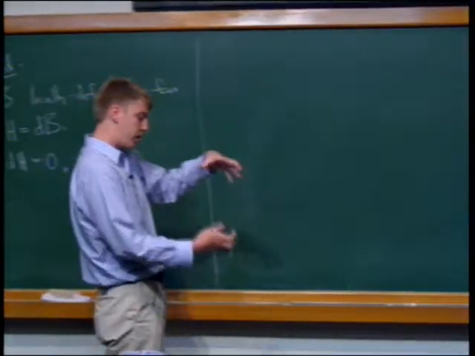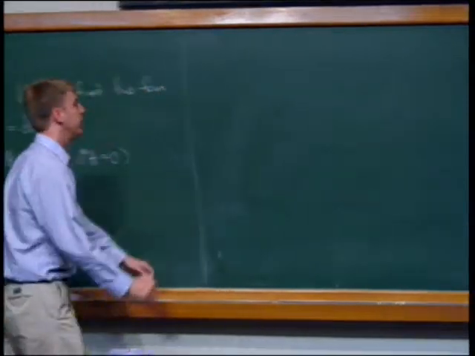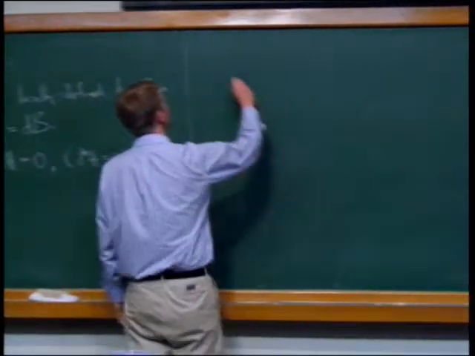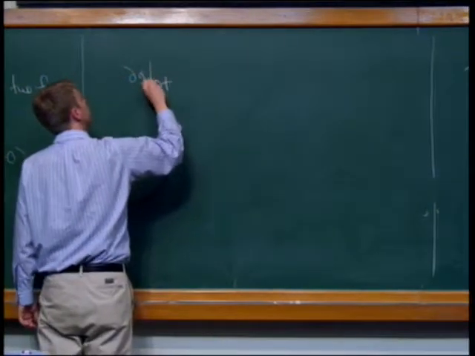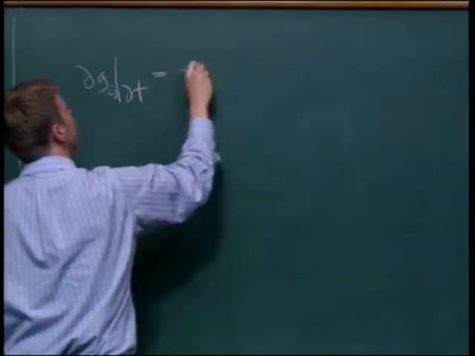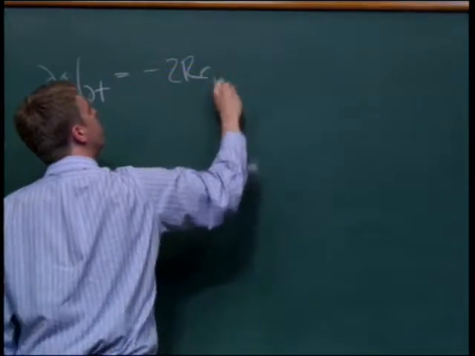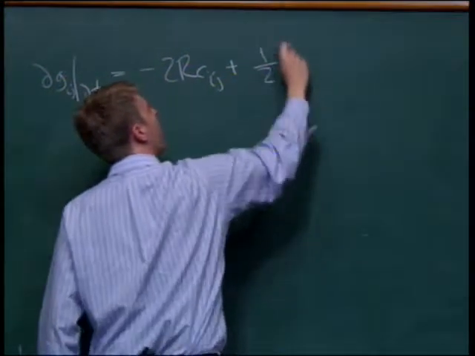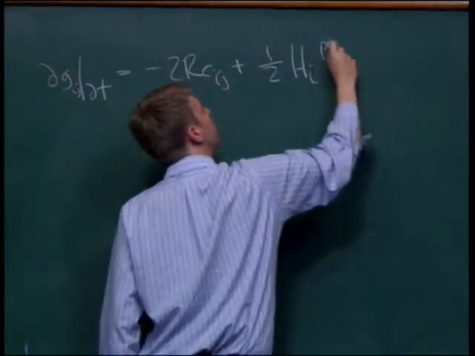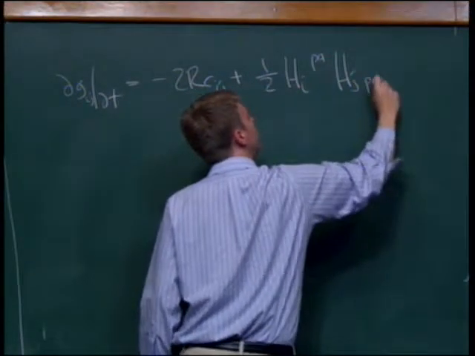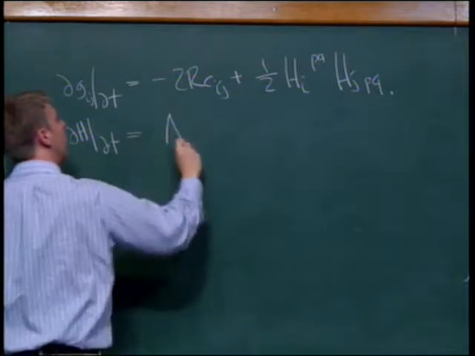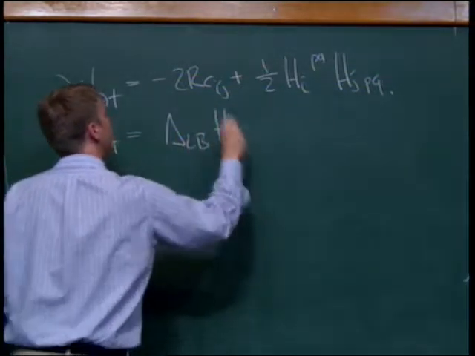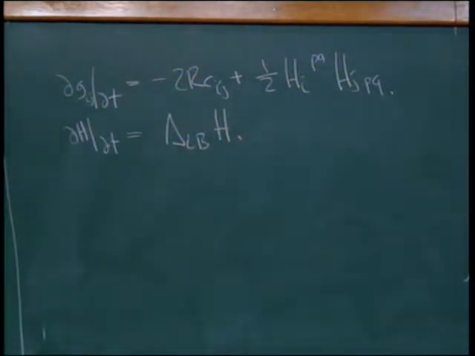And then you try to impose consistency of the physics on different length scales, and out of it comes this certain evolution equation, which looks like this. So dg/dt, I guess I use indices, ij, is minus 2 Ricci ij plus 1/2 h_ipq h_j^pq,